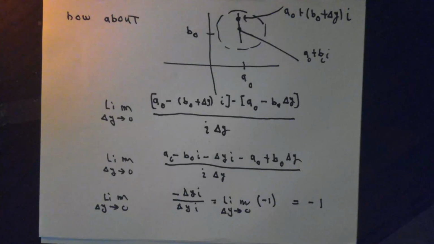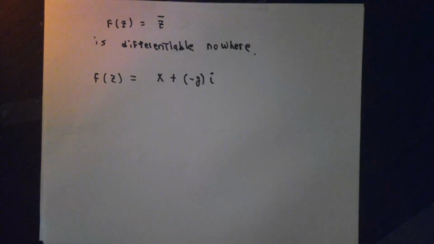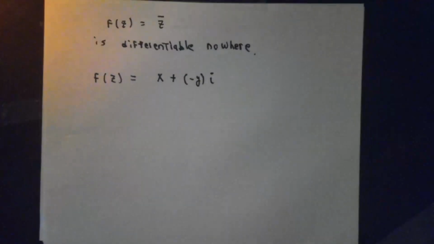On the face of it, there is no single number that these difference quotients start resembling as you make the delta z go to 0. Our conclusion then has to be that f of z equals z conjugate is not differentiable regardless of where you're sitting at. This is very odd because if I write f of z in terms of its x and y